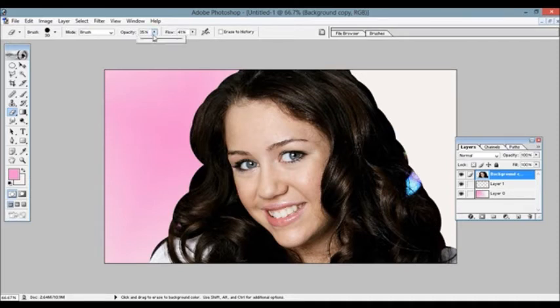For this, increase the opacity a bit, flow a bit, and okay, increase the opacity to 100, flow to 100, start deleting. Hair can be left because it doesn't affect much.